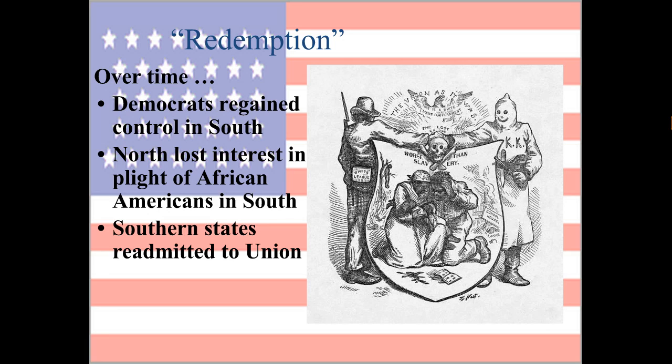Democrats is the political party that was for slavery. They supported slavery. The Republican Party, that was Abraham Lincoln's party, are the ones who were against slavery. So the Redeemers are the Democrats in support of slavery. And now, after the Civil War and after this whole 10-year process of Reconstruction, you have the Democrats finally coming back into power. So really, things are just going back to like they were prior to the Civil War. So the Democrats are regaining control in the South.